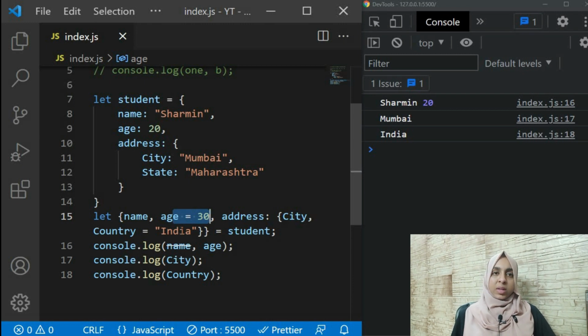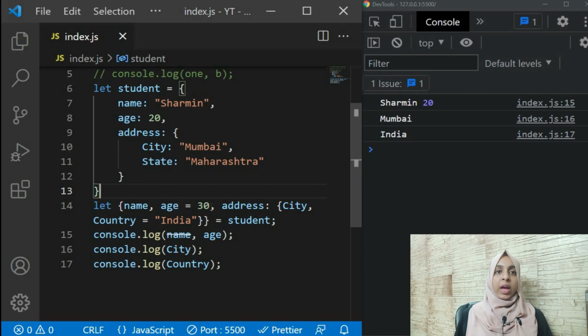It is very simple, and for a revision let's see what we did in array destructuring and what we did in object. In array destructuring your name doesn't matter, but in object destructuring the name does matter, or else it won't give you the output. And you can also define default values in your array as well as your object, and if you already have that value present in your array or the object, it will take that value, and if you don't have any value present with the corresponding name in your array or in the object, then it will return you back the default value.